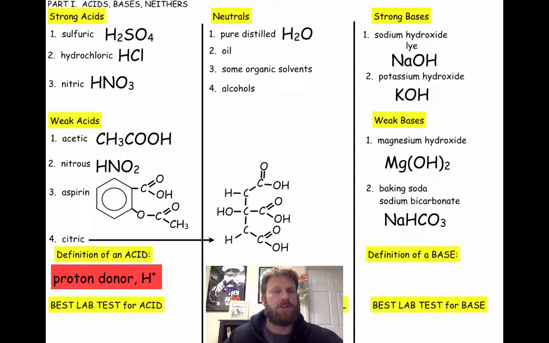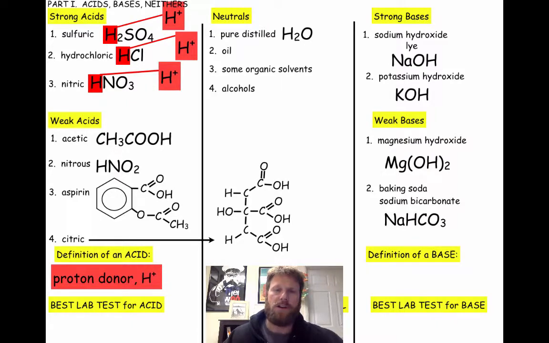If you look at some of the strong acids here, sulfuric acid is a strong acid. You'll notice all three of these strong acids listed have hydrogens to start their formulas. That is pretty typical. If it's an acid, the hydrogen will be at the beginning of the formula. Sulfuric acid actually has 2 hydrogens. You can see the beginning of hydrochloric acid and nitric acid all have that H+ ion, which would be donated